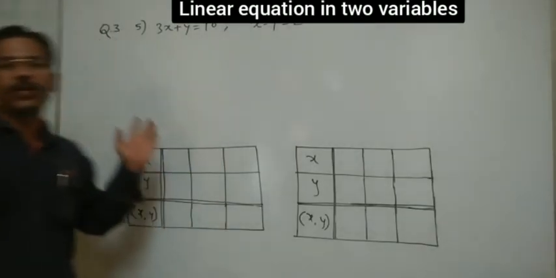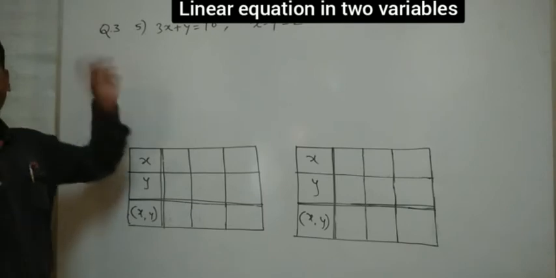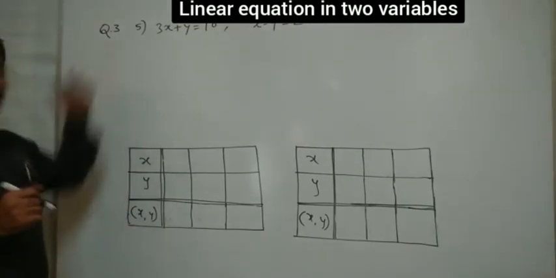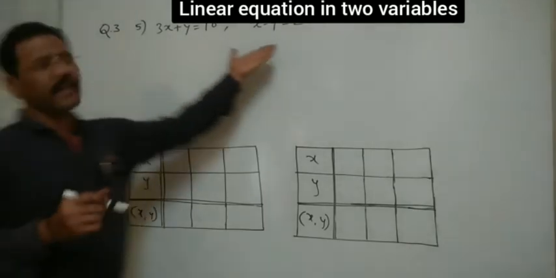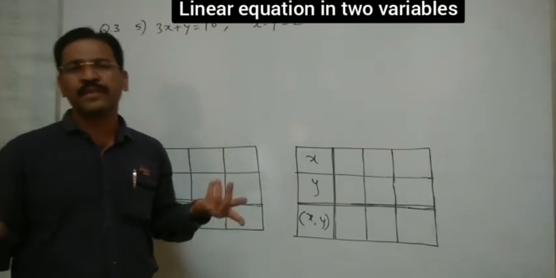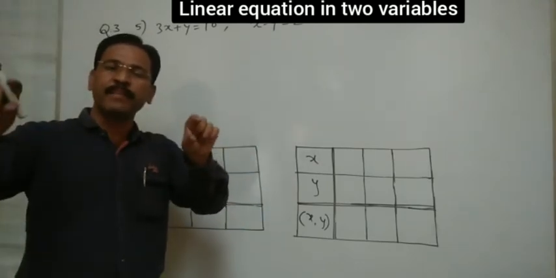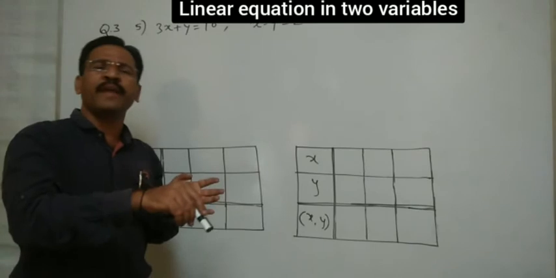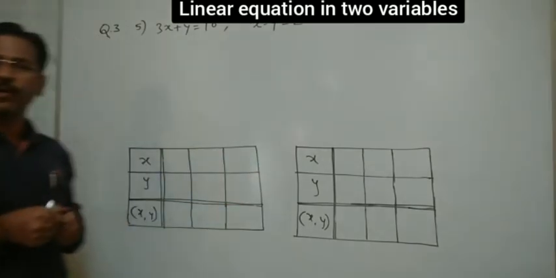Okay, let's take now the last example of this graphical method, of question number 3. Again, these two are very simple. Y has no coefficient, which means we can get one very simple equation, and we'll put the value of x as anything, then we'll find that value of y.